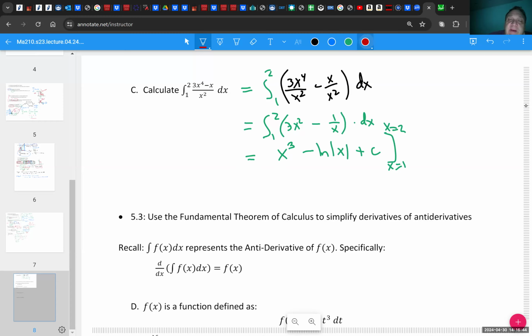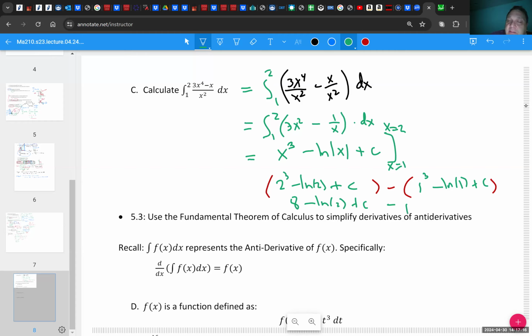So I'm just going to start plugging in numbers. I'm going to get something minus something. When I plug in the higher value, I get 2^3 minus ln of 2 plus c. And I plug in 1, I get 1^3 minus ln of 1 plus c. 2^3 is 8, so 8 minus ln of 2 plus c. And then I get a minus, so minus